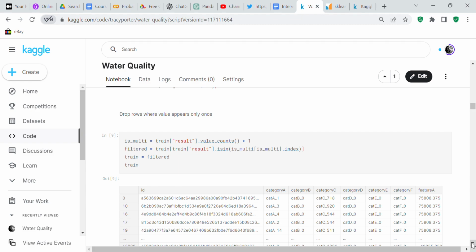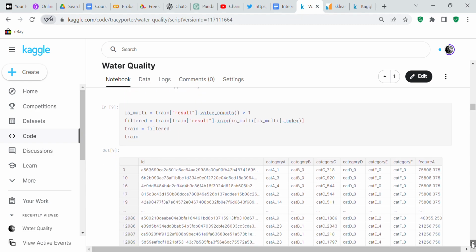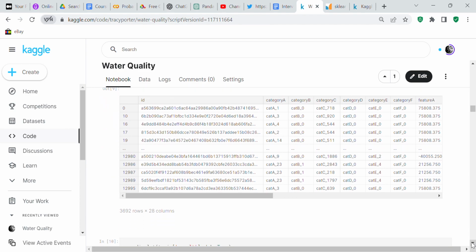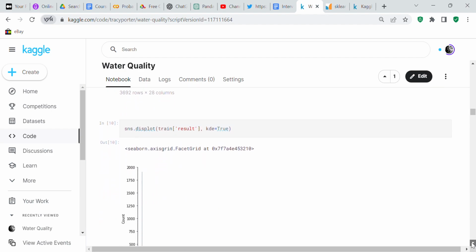Train equals filtered train. So you can see that we reduced the number of rows to 3692. There were a lot of instances where the target appeared only once, so it wasn't going to do a very good job. It wasn't going to be able to make predictions on it if it appeared only once.